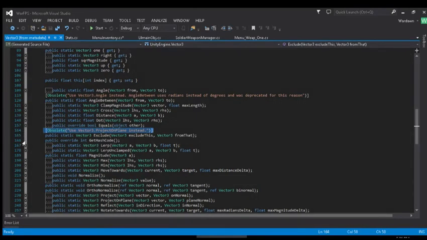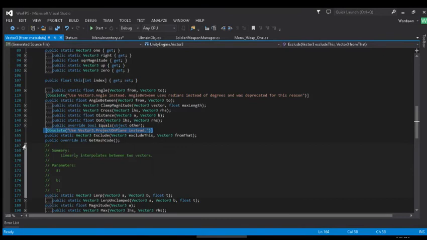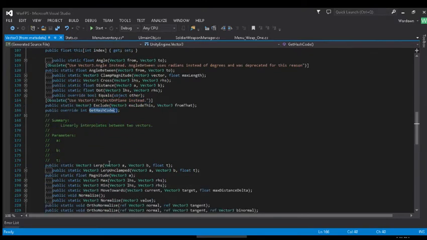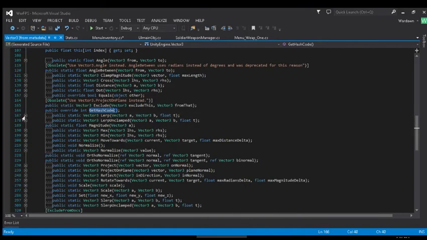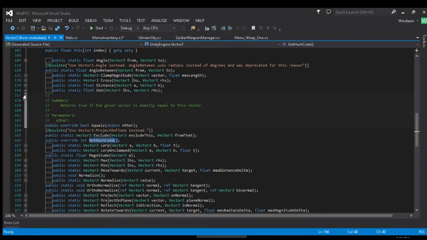Projects the dot product. Literally interpolates between two vectors. What? Oh, it's above it. Okay. So if we want to use this,